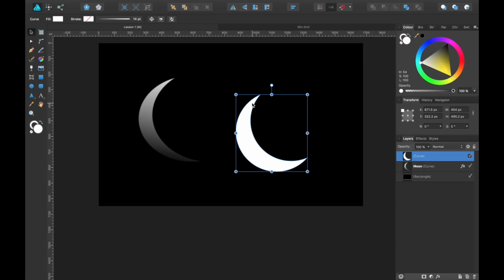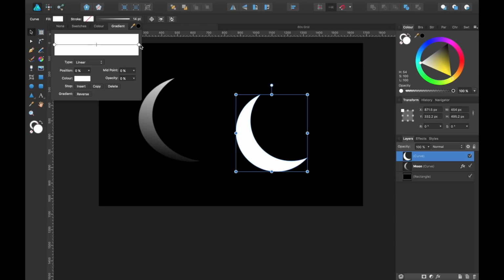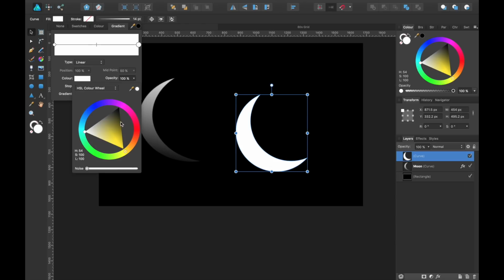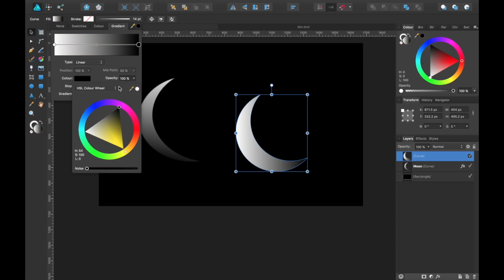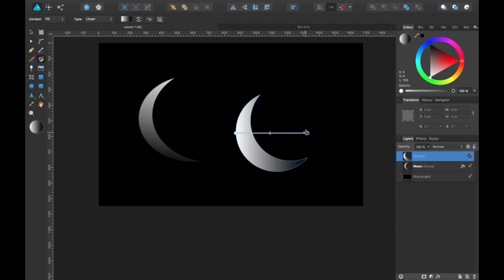Now we're going to want to change the color at the bottom. So like before, let's go to Gradient. So we'll hit Fill and we'll go to Gradient. We'll make one side black to go with the background, and we're going to select the Fill tool over here, and so it's coming from the bottom to the top.